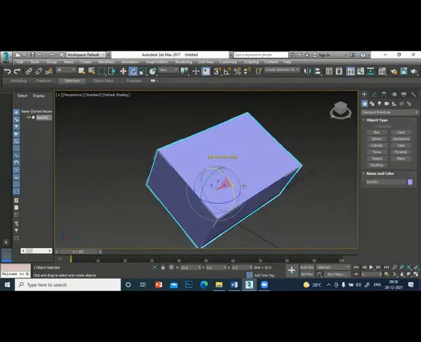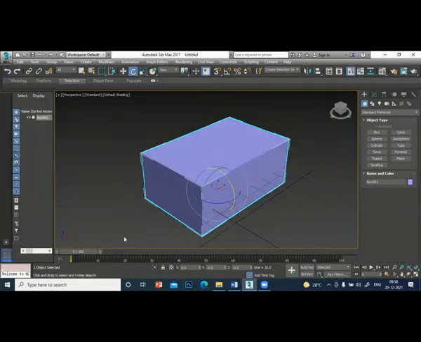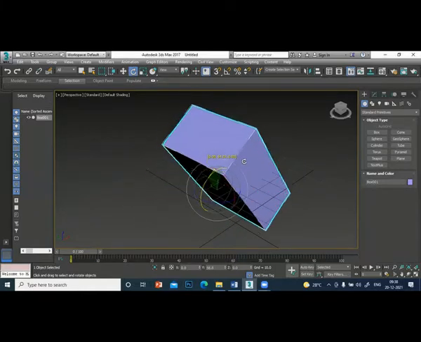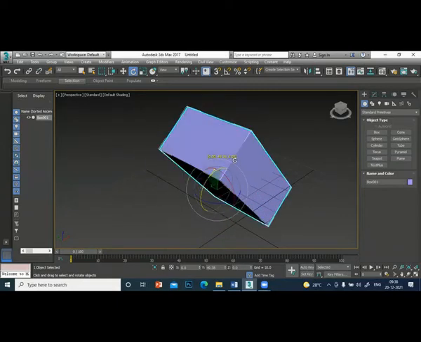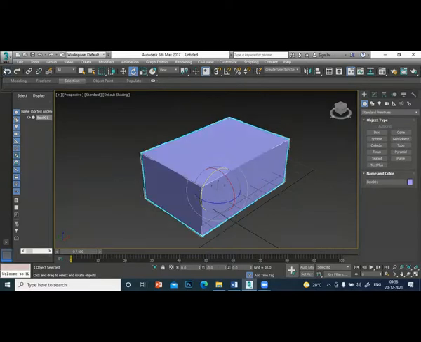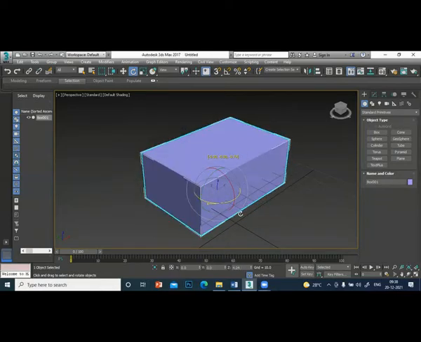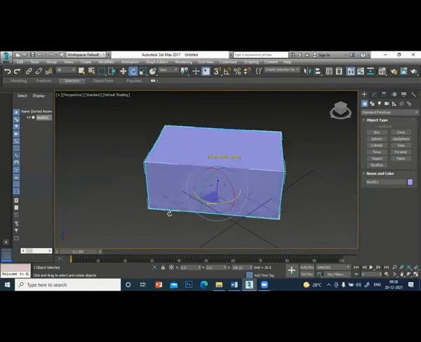Can you see that? When I want to rotate in the y direction, the y axis, you see this is the y. Use the y direction. Is it clear? Undo. And if you want the z direction, take the blue circle like this. Clear now?